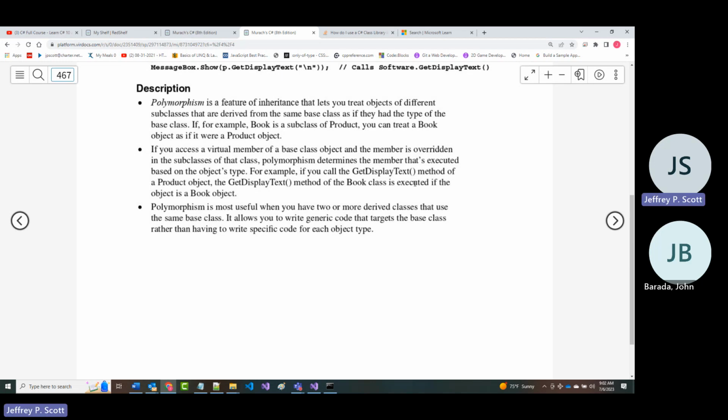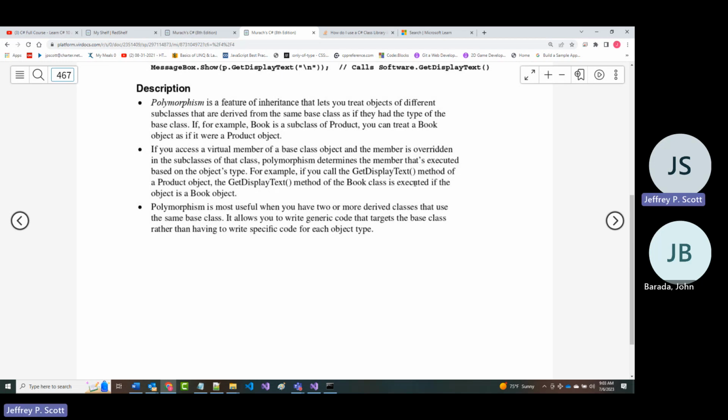polymorphism is an inheritance feature that lets you treat objects of different subclasses that are derived from the same base class as if they had the type of the base class. If you access a virtual member of a base class and the member is overridden, polymorphism determines what's going to print.